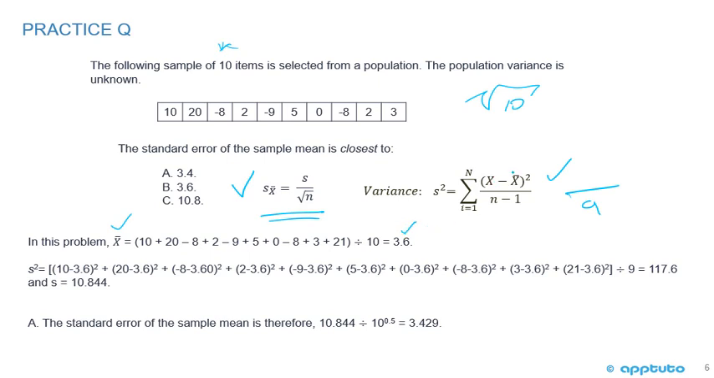Then you've got to do x minus x bar squared. So you can see 10 minus 3.6 squared plus 20 minus 3.6 squared plus -8 minus 3.6 squared. And you can see that's a lot of keystrokes that you need to do to calculate. And then again, you're dividing by 9. You can see there, that's the n minus 1. And we're going to get a variance of 117.6. And then remember, the standard deviation equals the square root of the variance, is going to be